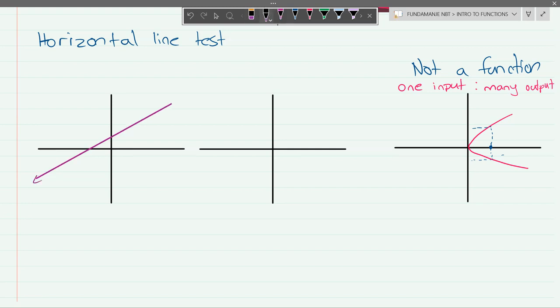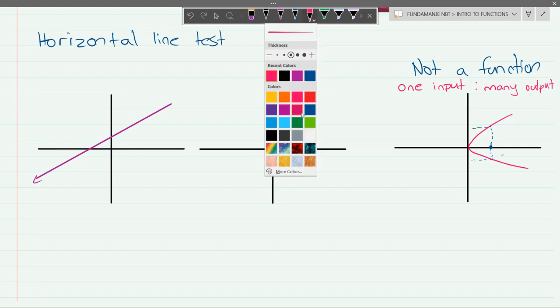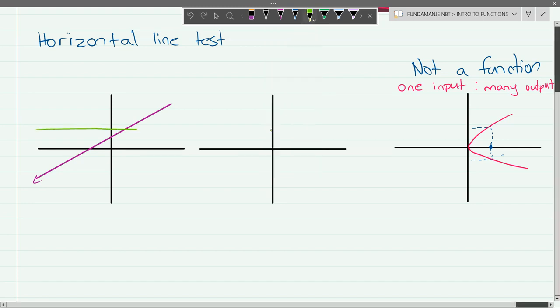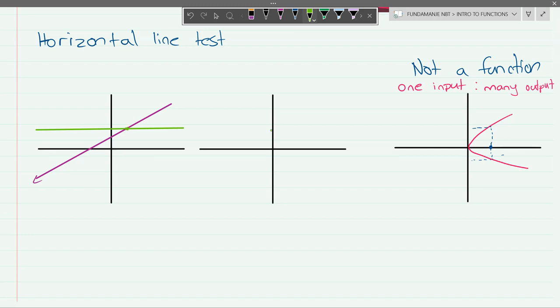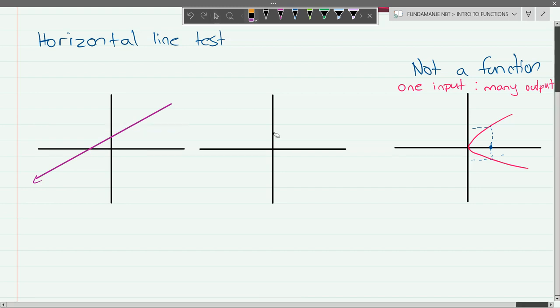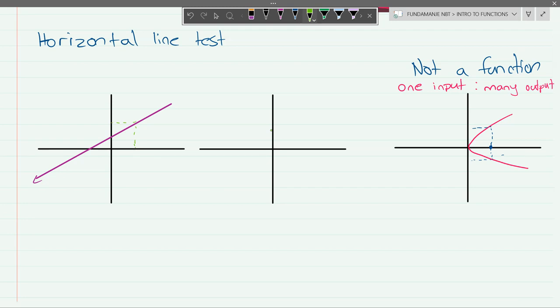We note that if we draw a vertical line at any point on our function, like that, we intersect the function only once, which means for each output, we have one unique input. So one input corresponds to one output, or rather, output corresponds to one input. So now the other example, which is not the one-to-one,